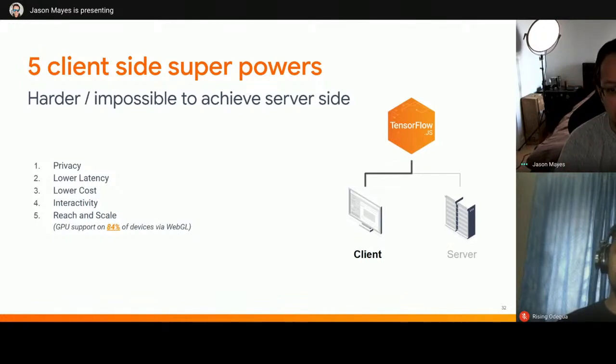And linked to this, of course, is the support for devices as well. When you're executing in Python on the server side, you have to use the NVIDIA CUDA drivers, which means you're limited to NVIDIA graphics cards. TensorFlow.js can run on any graphics card that supports WebGL, and currently 84% of devices in the world support WebGL, which is pretty impressive. So that means even if you're running on a MacBook Pro with an AMD graphics card or something like this, it would technically run, which would not be the case in other situations.